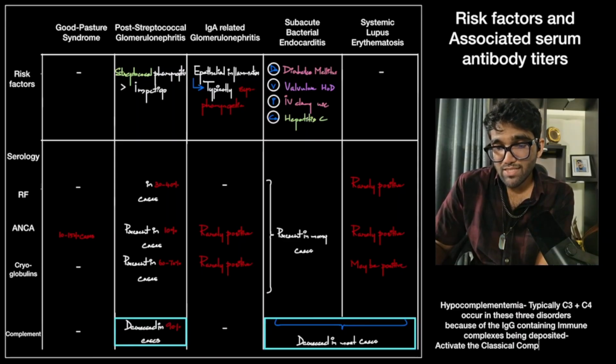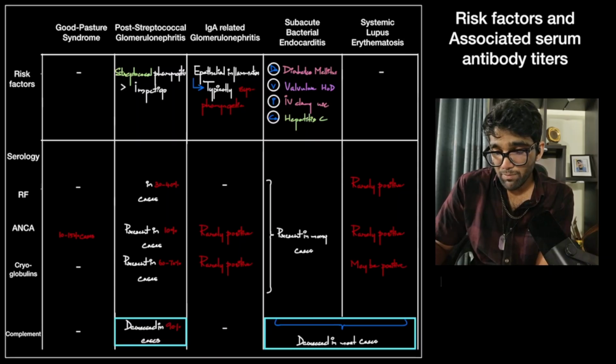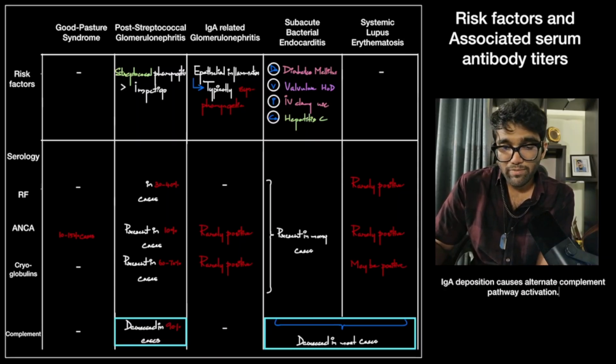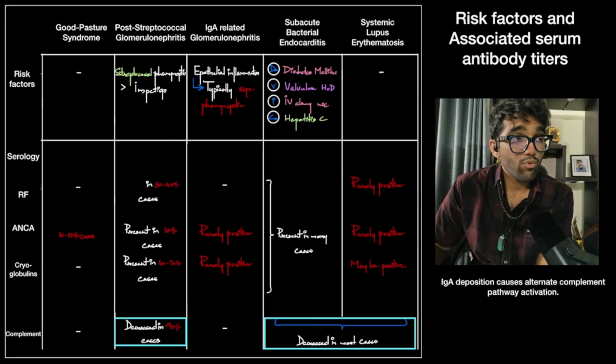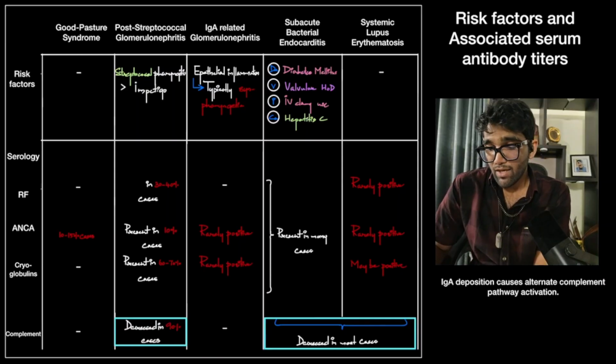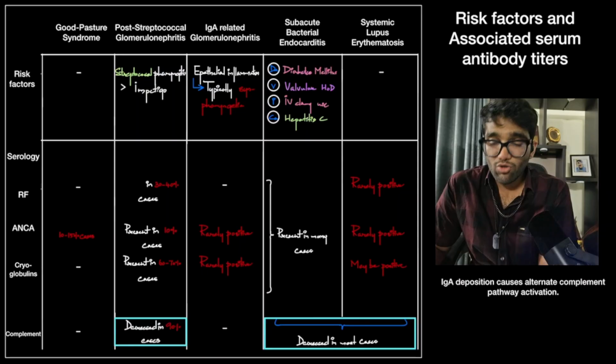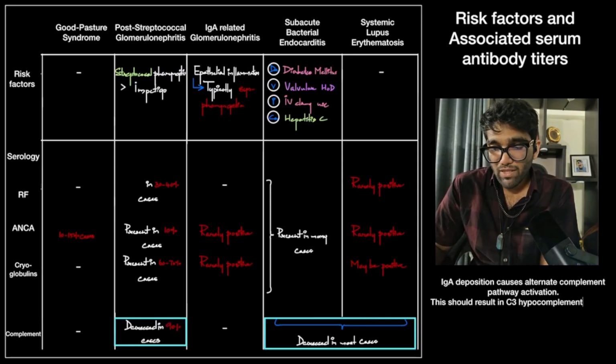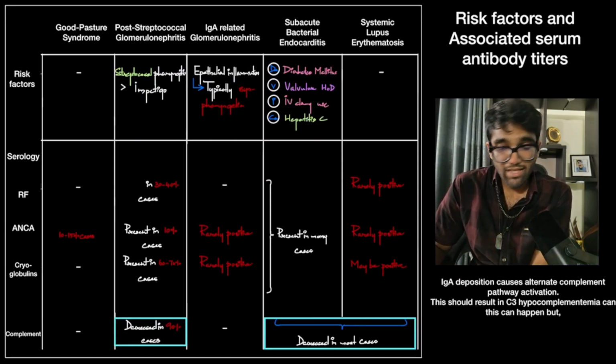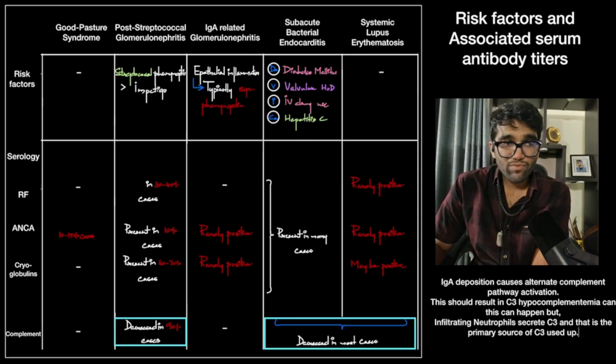Now, these deposits, these antibodies, activate the classical complement pathway, and that classical complement activation results in usage of both C3 and C4. Okay. Now, in the case of IgA, the IgA deposits can only activate the alternate complement pathway, and the alternate complement pathway, as we all know, uses up C3 and not C4, and the result is that you would suspect that there would be an isolated reduction in C3, but usually, and this is what you'll find in the literature,